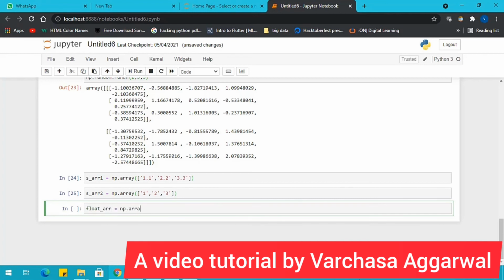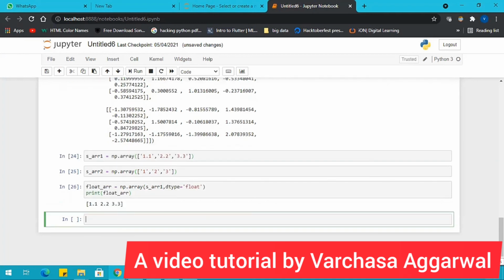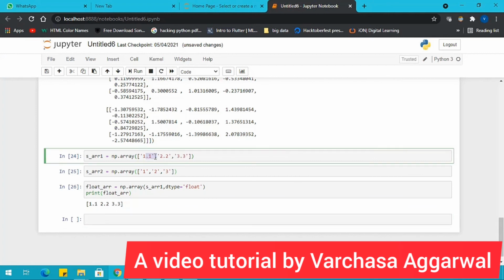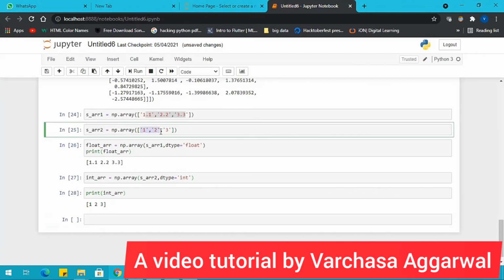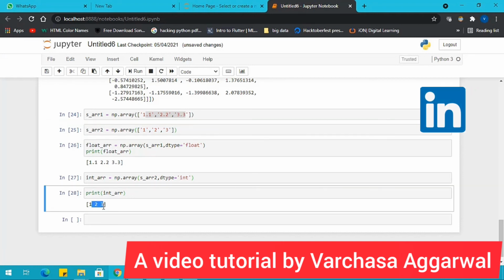Float array equals np.array of sarr1 and dtype equals float. Alright, now you can see that all these string numbers are converted to float numbers, right? Now converting the sarr to an integer array. Now you can see that this array has been converted to an integer array.